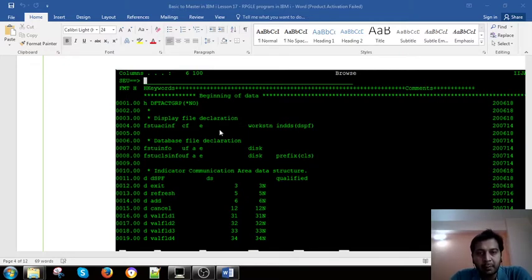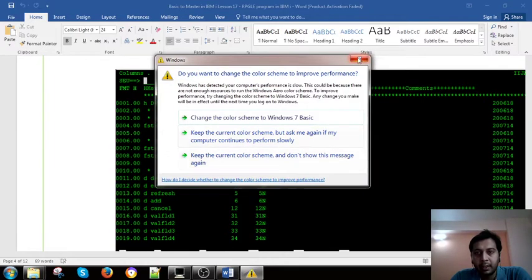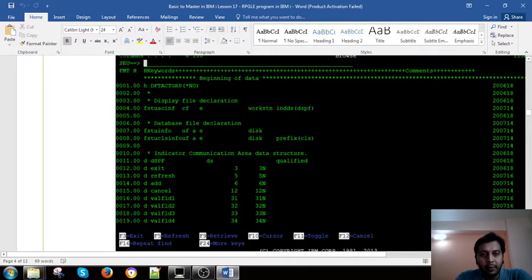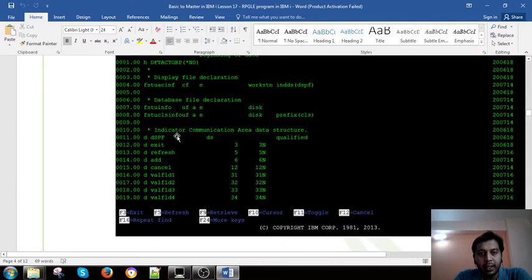So here we just declare a display file, with the workstation, and we have declared two files here. These are database files, on disk. This is how we declare a database file. Then there is the indicator communication area that I have shown in the display file.